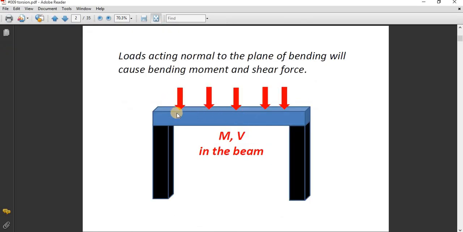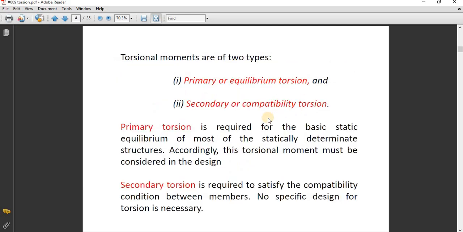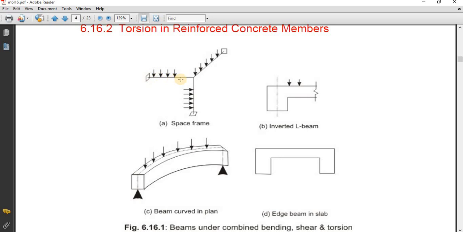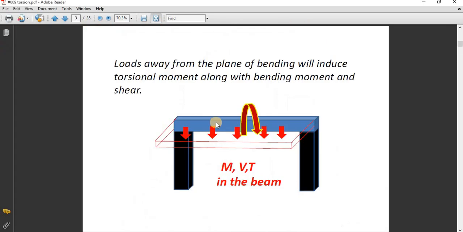You can see we have applied some amount of load. Let us think that some beam is going to get joined by some other axis, that is z axis. As I have shown, let us think that this is a beam shown over there and this is a beam which is getting joined by z axis, which is going to create the additional movement. This additional movement will try to twist the beam. So we need to take care of this additional movement.